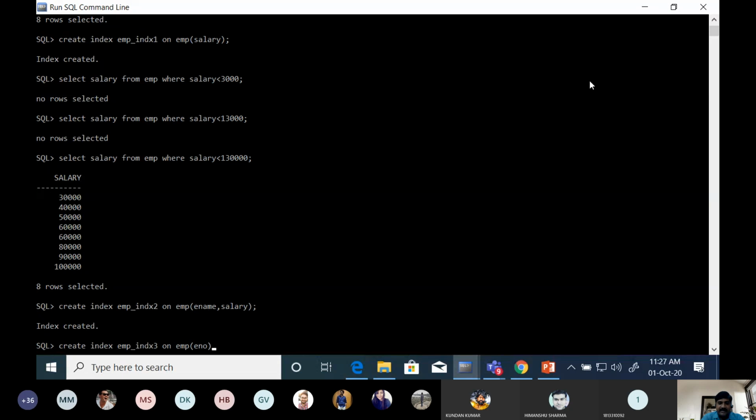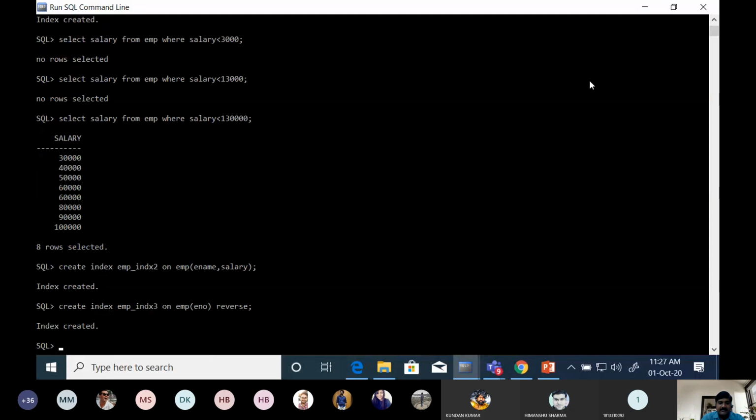We are going to create index employee e-number, and after that we will write reverse. So this is the reverse indexing. By default all the data are arranged in ascending order, but if we use the reverse keyword, then data will be arranged in descending order.